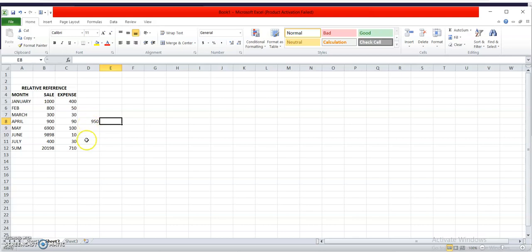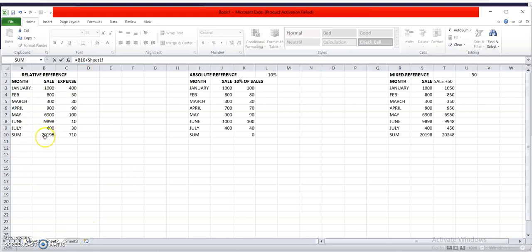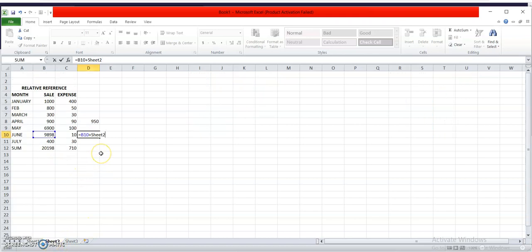So we can use the number from the previous sheet in the next sheet. Let us take another example. If I want to add this B10, equals B10, and I want to add the value of B10 from Sheet1, I will write Sheet1, the exclamation sign, B10.